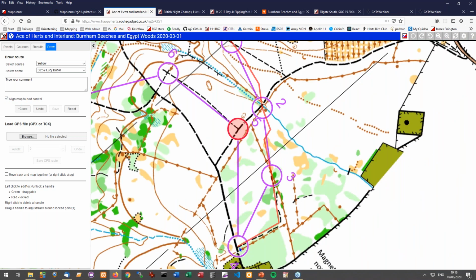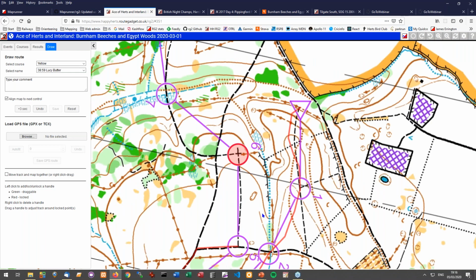So once I've clicked on that control, it now allows me to just draw it there, and that can be a lot easier to remember what you did. I must admit, I very seldom draw my route for reasons we'll talk about later. But if you are drawing your route, that's a very useful button to know about, because intuitively it's more straightforward. That's how you would have looked at it in the forest.